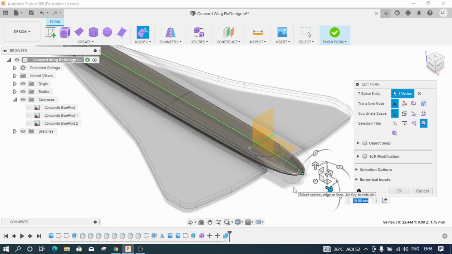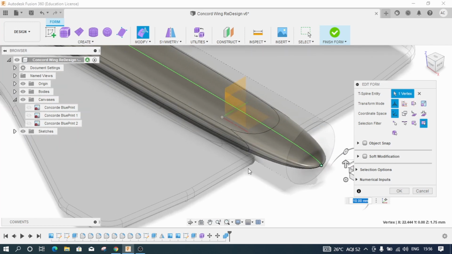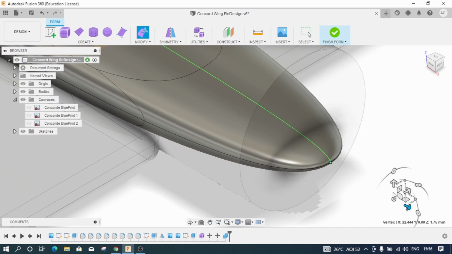This freeform allows you to extend these bodies as you like, and that's the freedom of Fusion 360. You can see how this got extended in a very smooth manner. I'll click on OK, and then click on finish form.